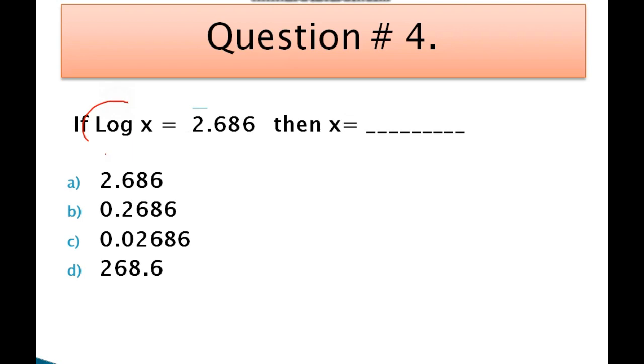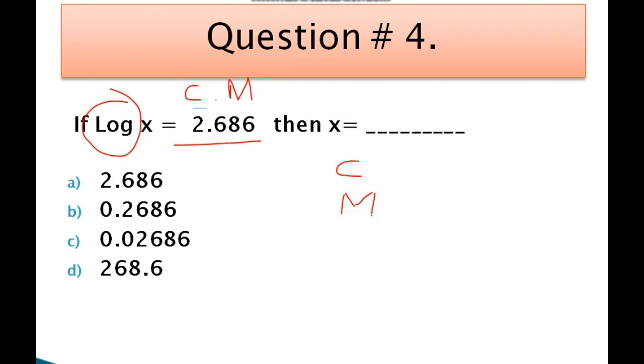So when we are going to find log of any number, and afterwards we have to write it into c dot m form. When log of x is given, so it means that it is written in the c dot m form. So first of all, we are going to separate that characteristic and mantissa. Fine. And afterwards we are going to take anti-log and find out the value of x. So don't do such mistakes whenever log is given.